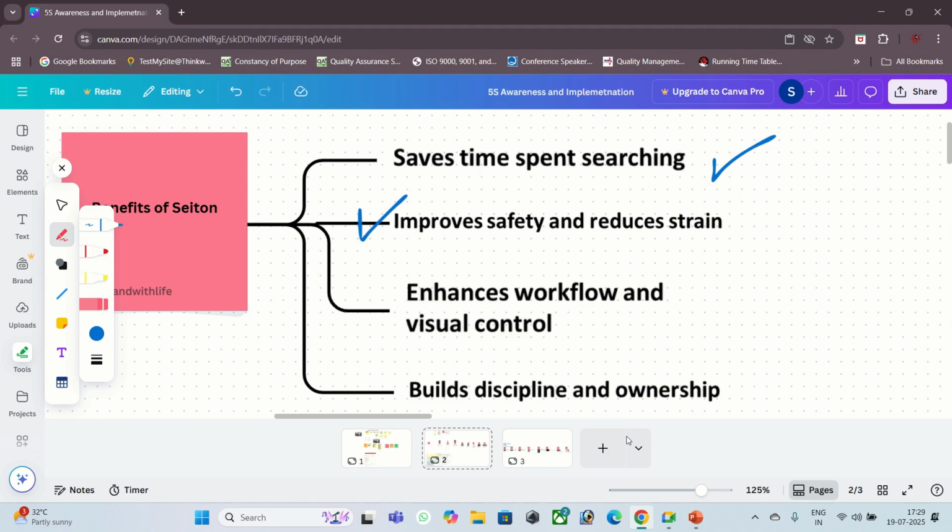And then it enhances the workflow and visual control. Our mind doesn't want to remember each and everything. This is our mistake, that we want to remember each and everything. That's why we need visual control. We need colorful things. We want a proper workflow, so that if we put the things in an order, our mind can easily identify the things,